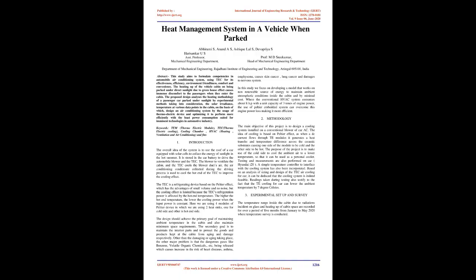Heat management system in a vehicle when parked. Abstract. This study aims to formulate competencies in automobile air conditioning system, using TEM, for its effectiveness, efficiency, environment friendliness,